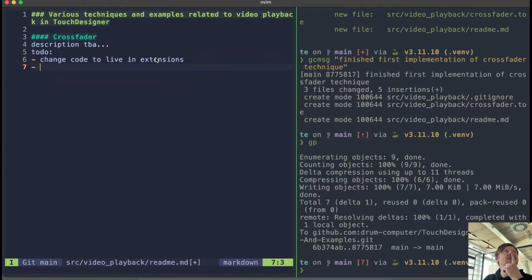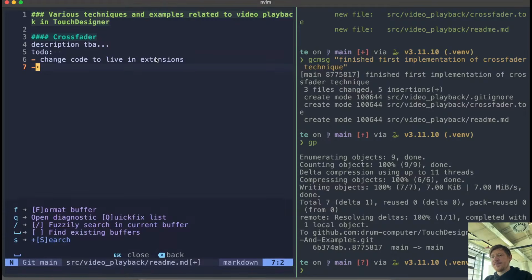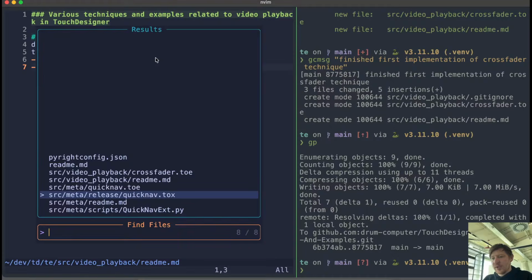What else? Yeah, organized code, I think, would be part of the extension thing. For now, that's it. And in that README of the quick nav,